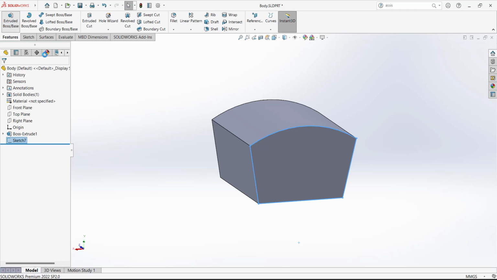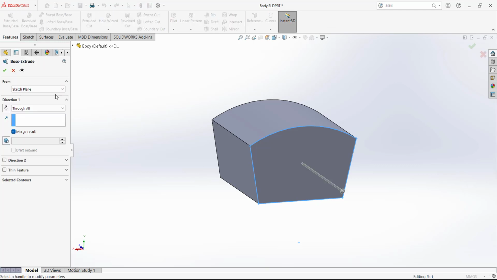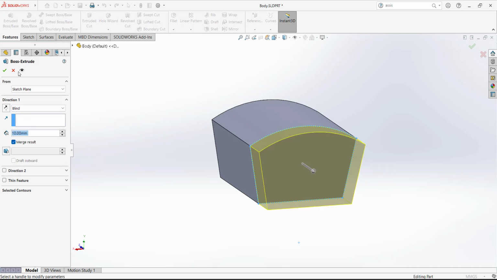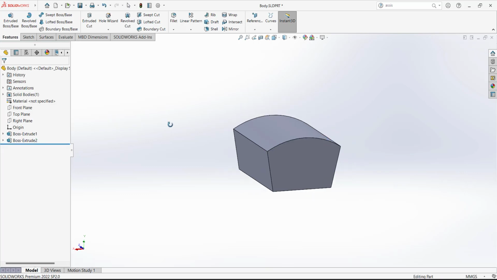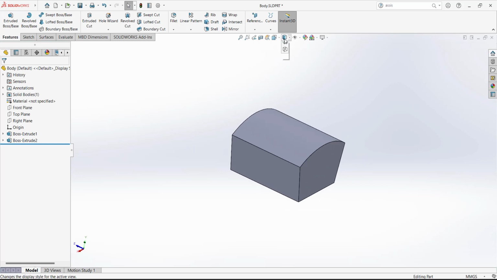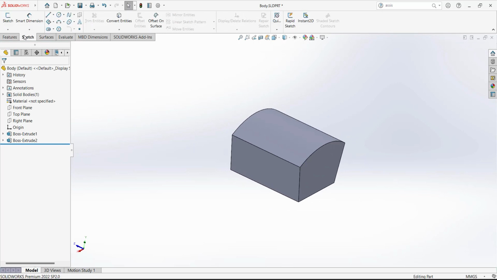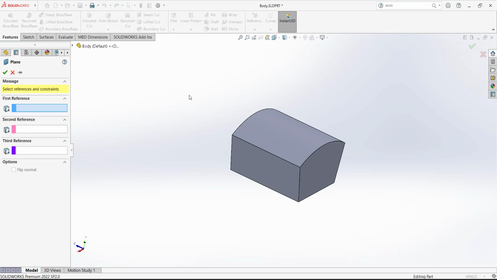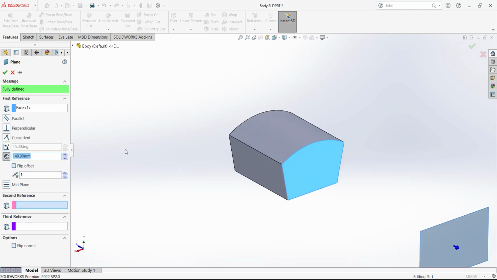Next, use the extrude command and extrude it for 10. For the direction, select blind and extrude it for 10 mm. Okay, exit the sketch, and now we need to define a plane. So for this plane, it's going